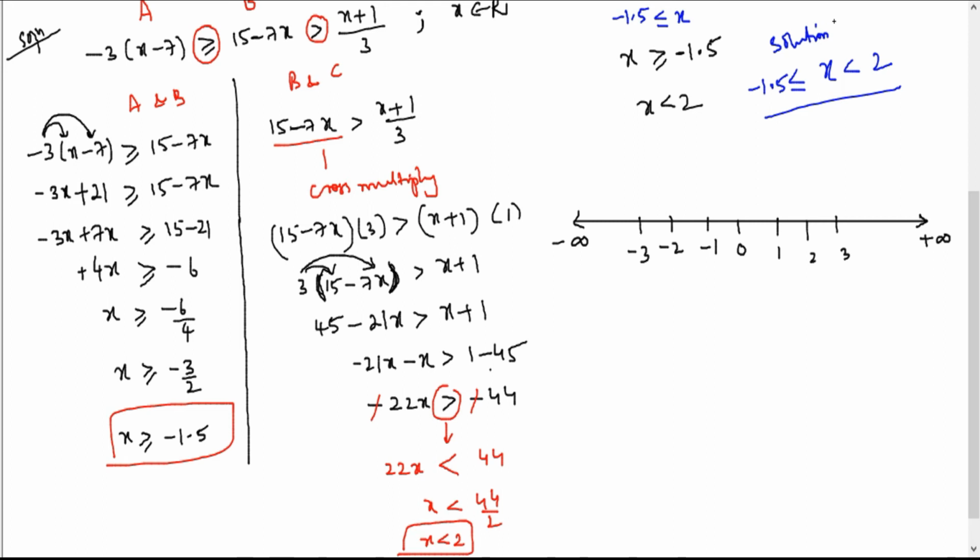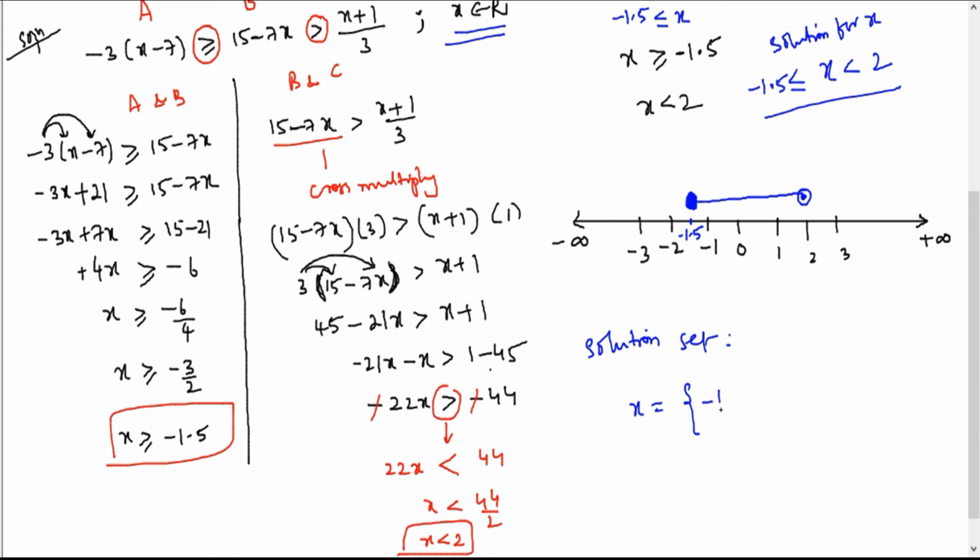The solution is for x. But the solution set as such, how will you write? We will see in a minute. But before that, we will represent it. When I say greater than or equal to, then where is minus 1.5? Somewhere here is minus 1.5. So this is an entirely shaded circle, because it says greater than or equal to, and there is 2 here. 2 is not included, so I just write like this. What does x belong to? Real numbers. So I can include all the numbers between minus 1.5 and 2 excluding 2.